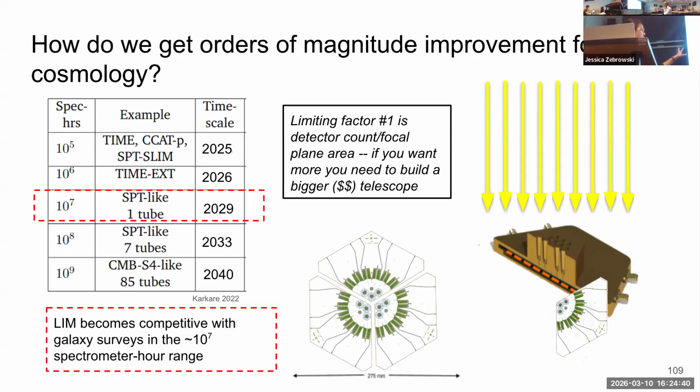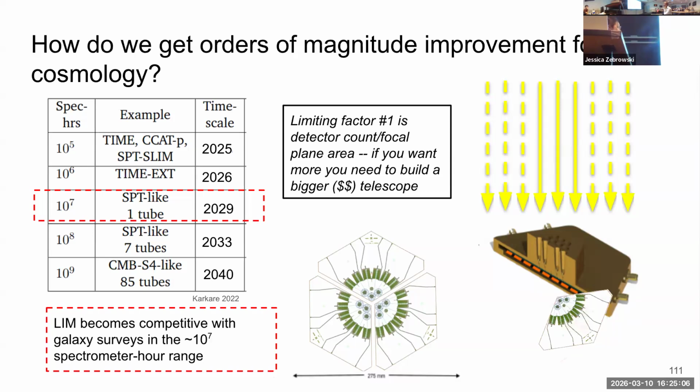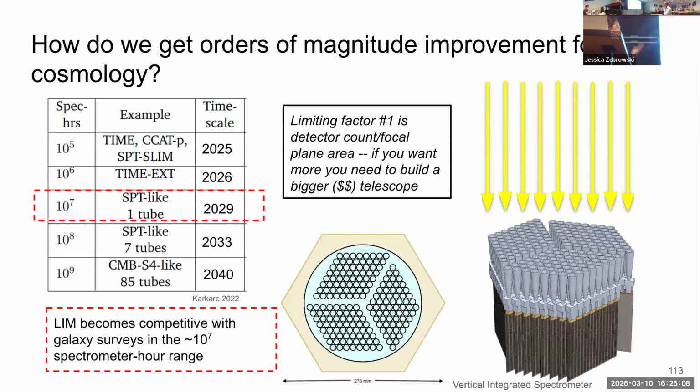SPT-SLIM, as conceived right now, has one fundamental non-ideality, which is that it's manufactured in this planar sense, and the only part that needs to see light is these pixels in the center. These filter banks aren't optical elements, and in fact, we put a lot of effort into making sure that no stray light gets absorbed on them. So it's as if you're missing all of that light at the edges because those don't need to see the sky. So we've been thinking about these architectures where maybe you could take the wafers and rotate them vertically and have the spectrometer on these cards instead and get all of that focal plane area back.